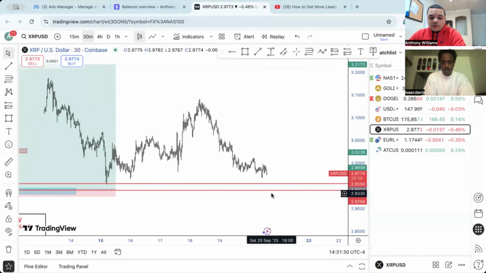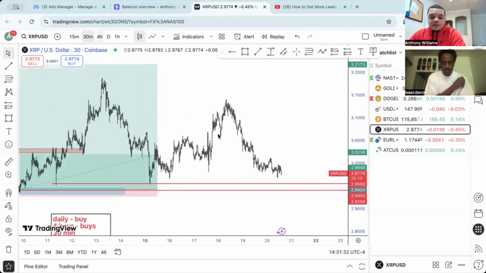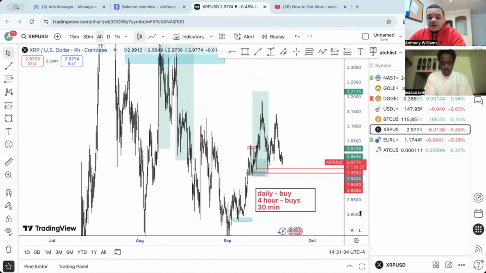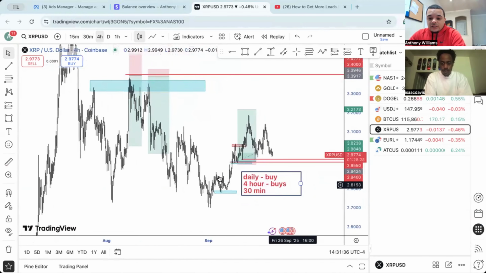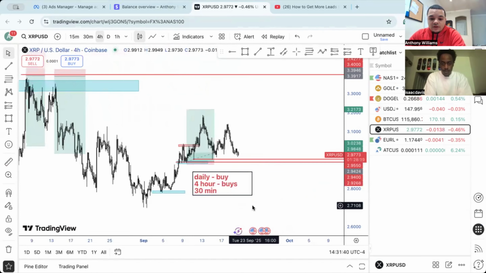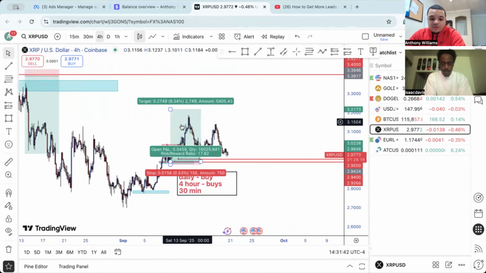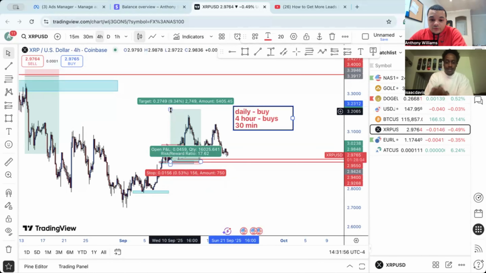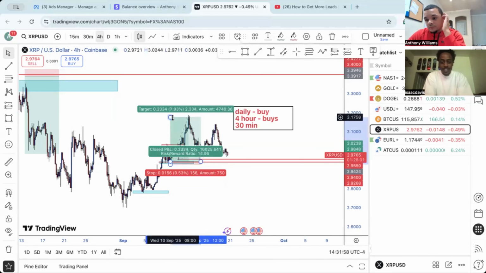Bitcoin, XRP, this is what one of my clients is in. They made a lot of money. This client made 14,000 right here. We broke the chart down, everything just like I'm doing with you, and he was in this buy right here. He made 14,000. I don't know how big his account is, I think he has like a $5,000 or $6,000 account. But with XRP, you can make some good money. He pulled out up here. So when you place the trade, you say you do it on your phone.